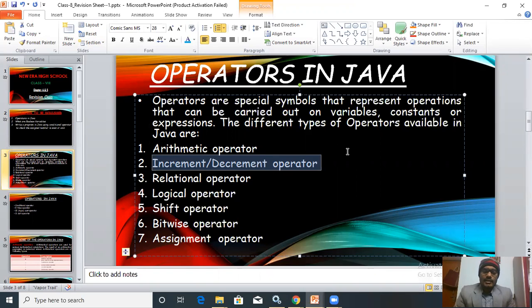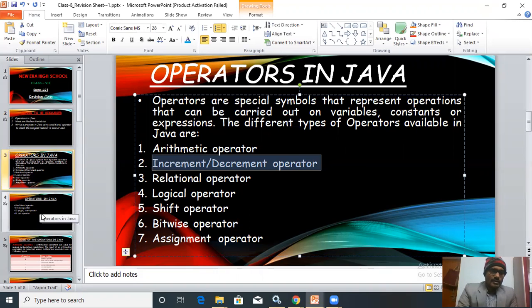Relational operators are used for comparing the relationship between two or more values. Logical operators are used to check the condition of two or more expressions. Then there are shift operators, bitwise operators, assignment operators, and many more.